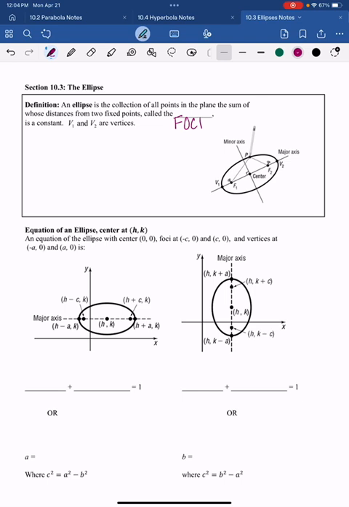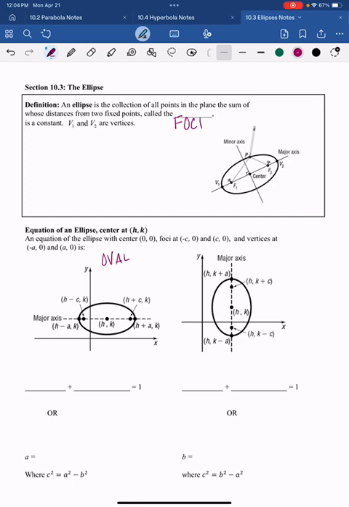So you have this ellipse that has a center at the origin, and we have a focus at C, which is what we're going to use to represent the focal length. C is where the foci are, and the ellipse has vertices at the points negative A and positive A. And again, don't let these letters overwhelm you. I promise they're going to hopefully make sense pretty soon. So on this ellipse, and you'll notice it's a fancy oval,